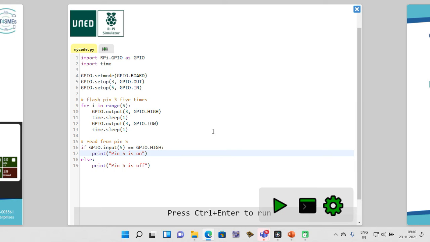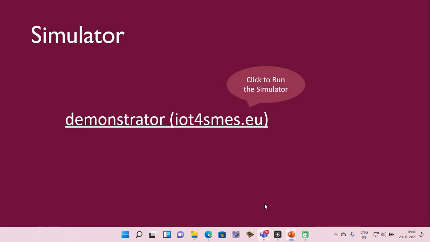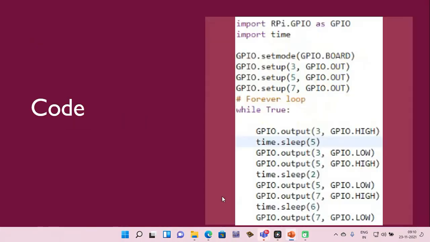Now over here you can write your own code. Look over here, the code we have given on the PowerPoint slide. Write the code over there. What I suggest is that all of you do this, because these are the things that you need to do. That's your lab for today. You write the code over there, change the timing, and implement the system.